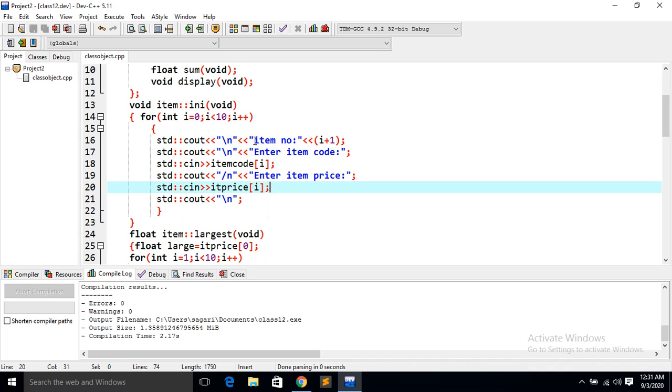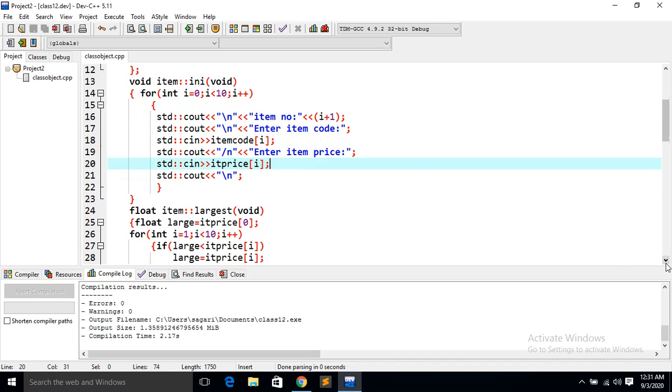You will get item number 1, then enter item code. You have to enter the item code when you run the program, then you have to enter the item price. So it will continue until you have finished entering the 10 values. Is it clear? So this is all about your initialization.